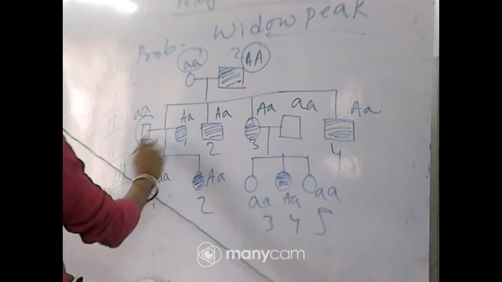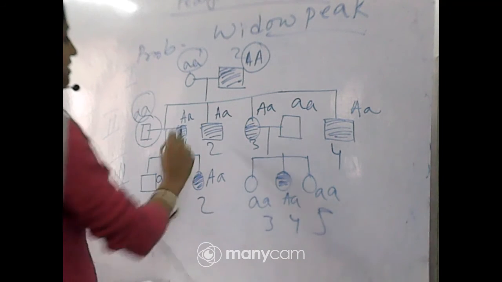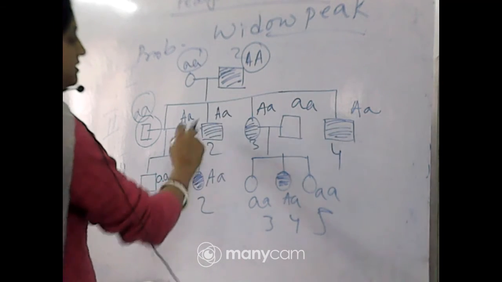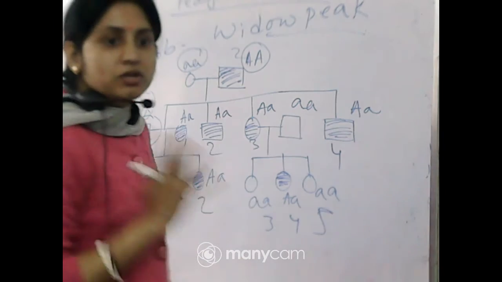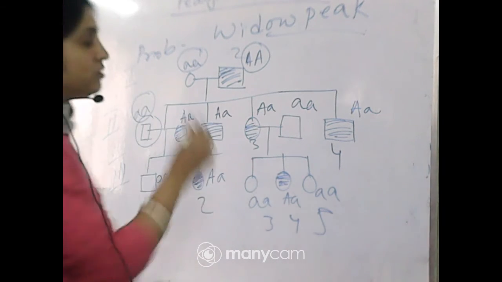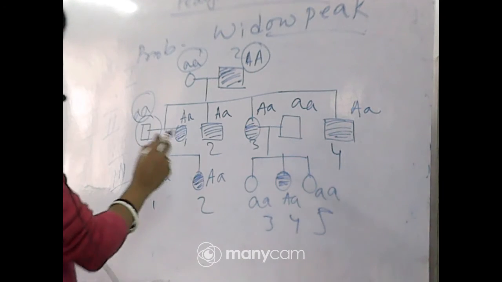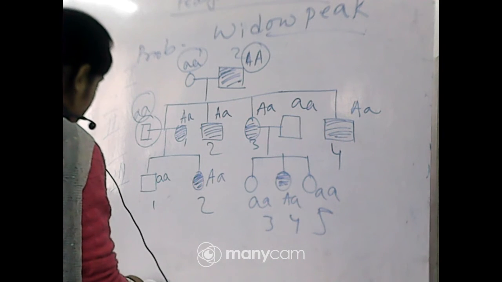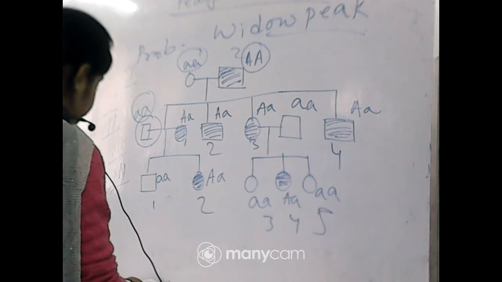If there is unaffected, that means that is recessive. If there is affected, small a and capital A are coming, because the 4 children are affected, so that's why it is 50%, 50%, half mother half father. So one is dominant, one is recessive. But in all cases the possibility is there.